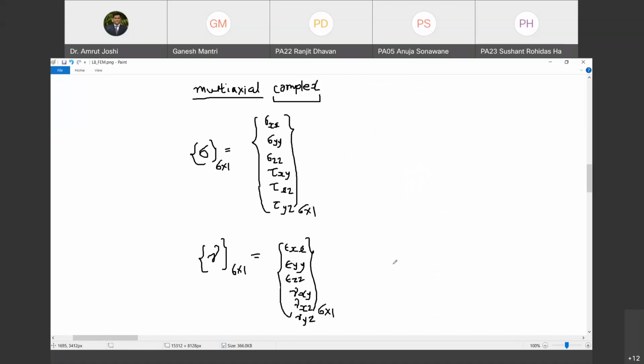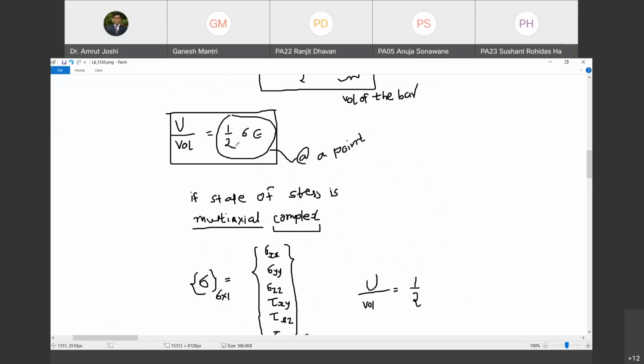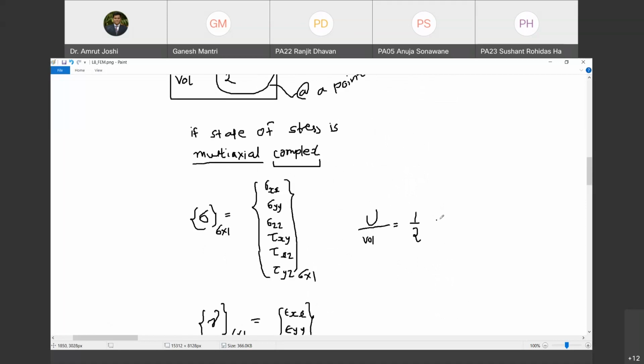Happy? Yes, sir. Now, how are each of these stress components and strain components going to take part in storing the strain energy? Do you agree with me? Yes, sir. So how do I write the strain energy per unit volume in this case? I am going to write that now. Strain energy stored per unit volume will be equal to half. The half remains as it is. Then I am going to have the stress component for sure here. Are you with me? Yes, sir. And then I am going to have the strain component.